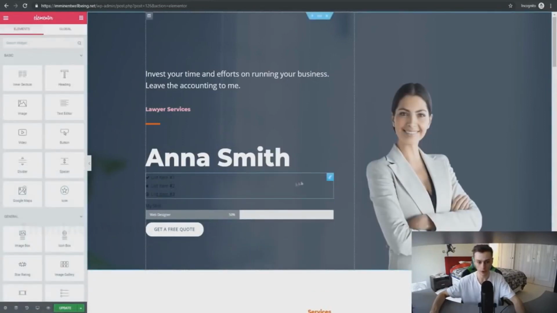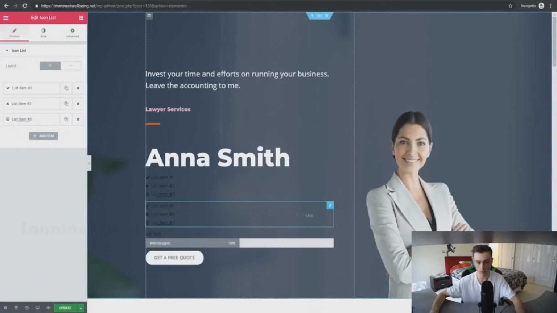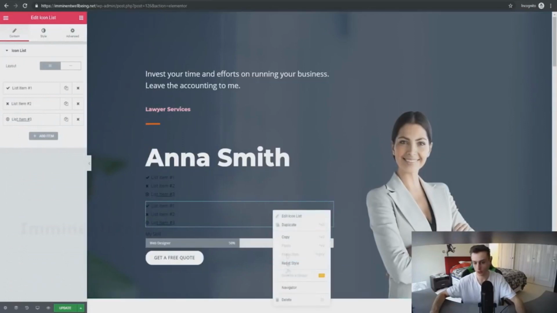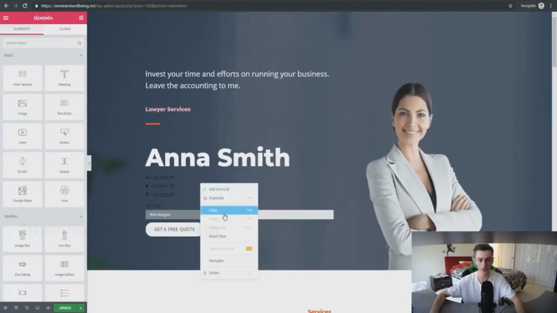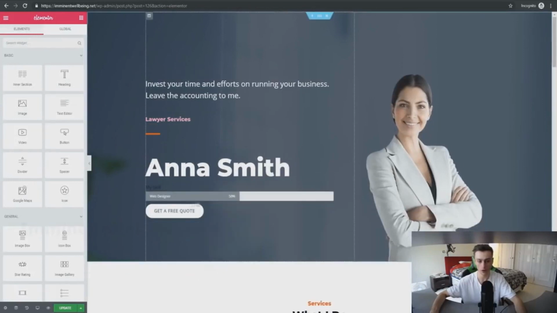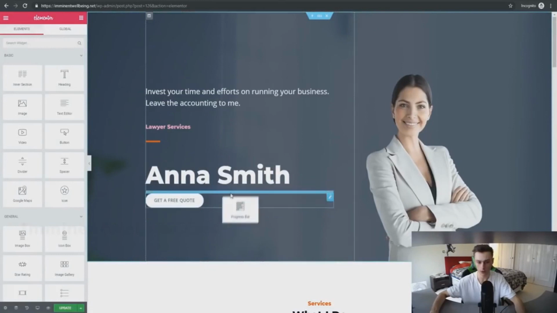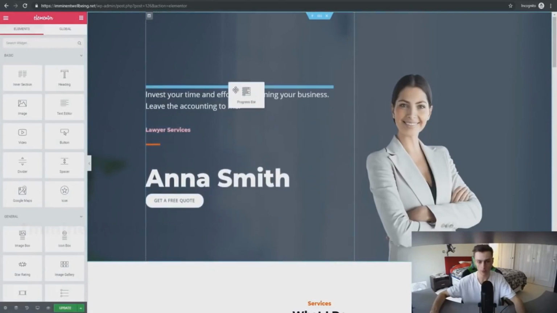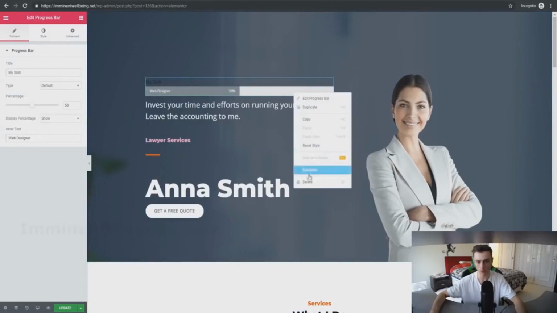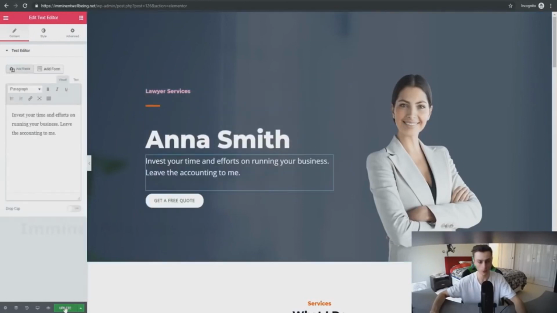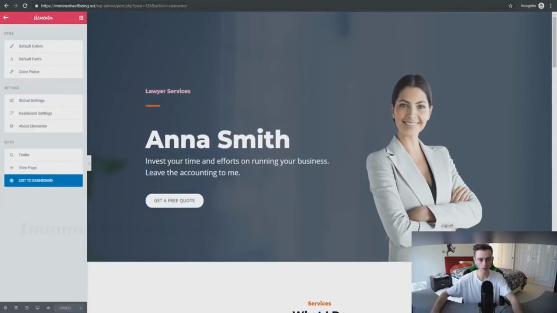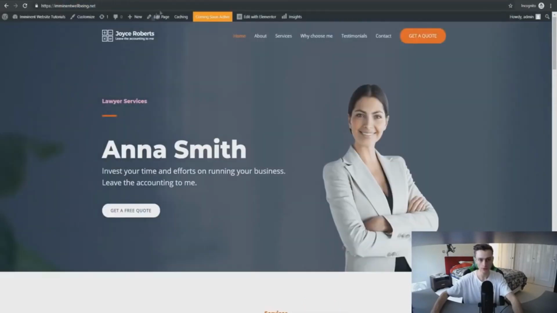The same goes with this right here. We can also duplicate this if we want more. Let's go ahead and delete that by clicking on the delete button right here, and the same thing goes with this one. Let's click on delete. Okay, perfect. Or what we can do is actually delete this and move the text back right here. Click on update. Now if we go over to our imminentwellbeing.net site right here,